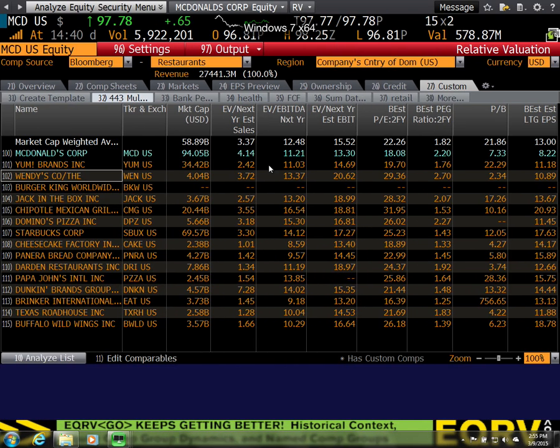Here's a proxy for this. The growth in earnings of the industry is 13%. The growth of McDonald's is 8%. The growth of Yum is 11%. So that's the point. They don't have the growth. They have the negative declining same-store sales and therefore the growth problem. That's what's happening to their multiples. So McDonald's is a great company. They know how to make money. They just can't get people to buy their damn food.